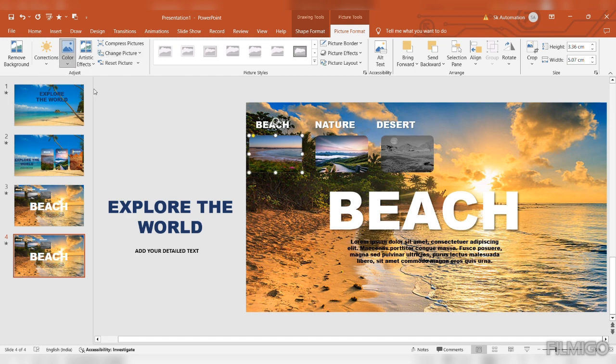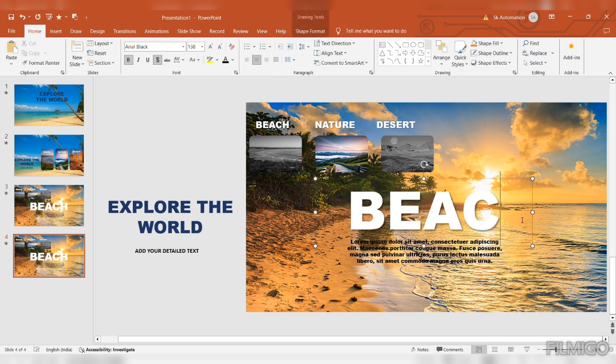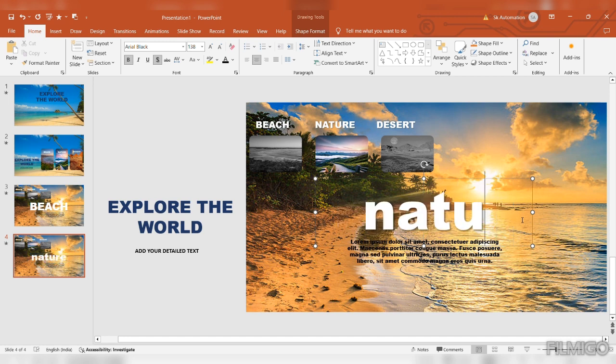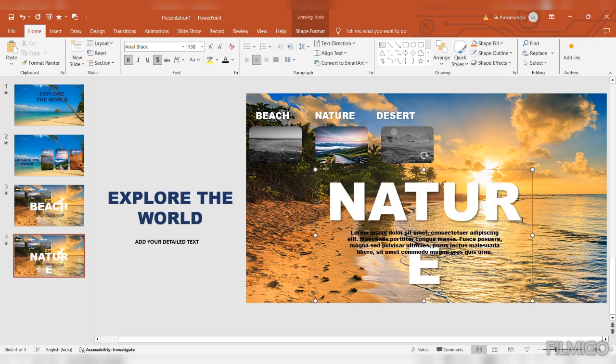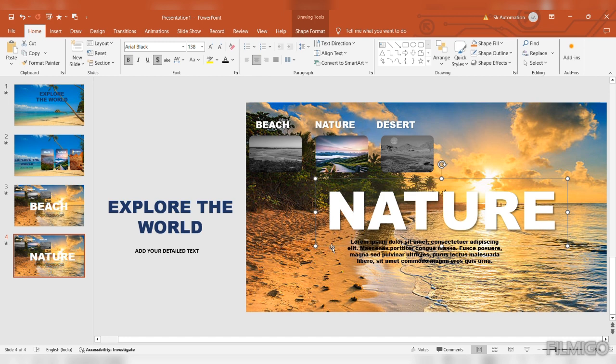Now for the beach one you have to just make it gray, because it is no more in highlights. Yeah, now we have to just change this beach one to nature. You can write here nature, not in small, just write in capital so it looks more attractive like this. And you can just arrange it,